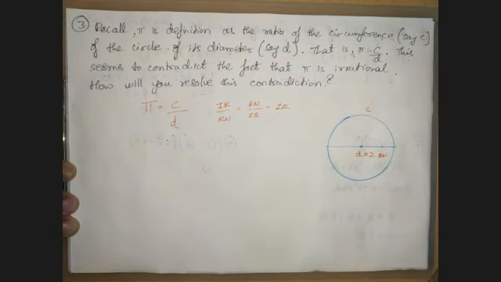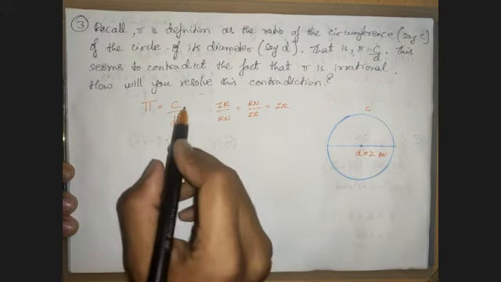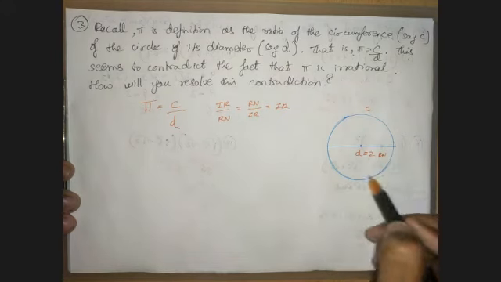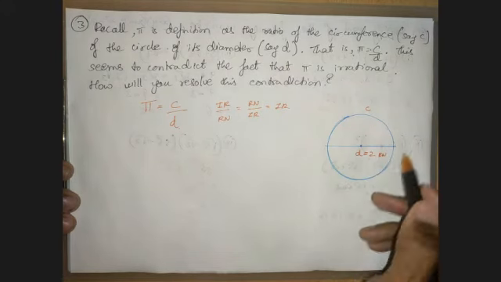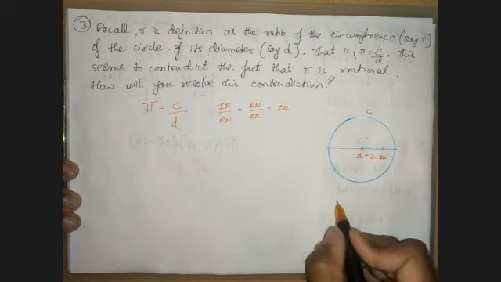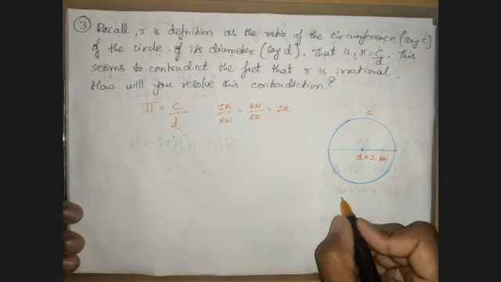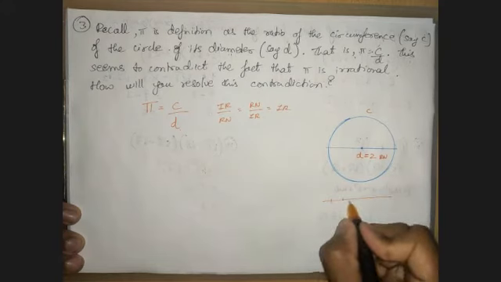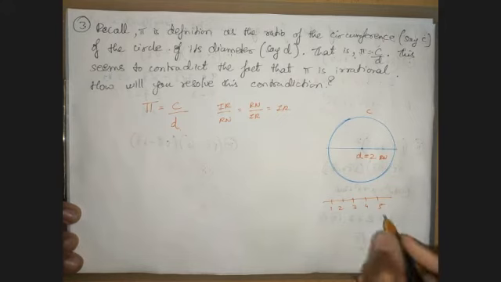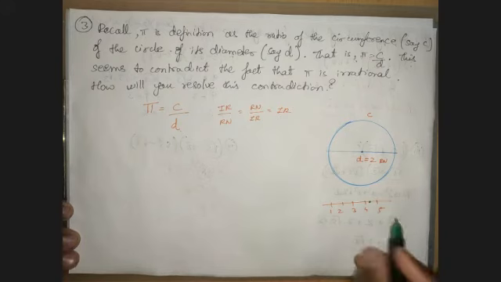number, right? So when I take d as 2, which is a rational number, I have to find c. So how do I find c? I use some apparatus, some thread or some other instruments, a compass or a divider, and I measure the circumference. When I measure the circumference, I do not get the exact value, but I get an approximation. Like in the scale, if I measure 1, 2, 3, 4, 5, if I get some point here, how do I take it?